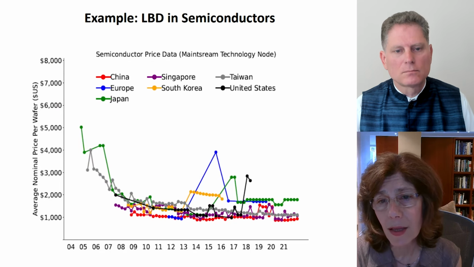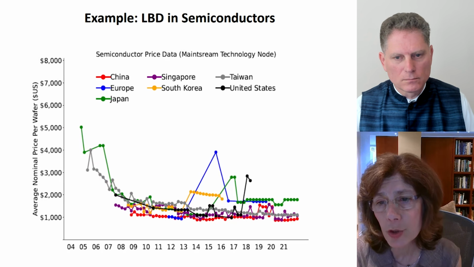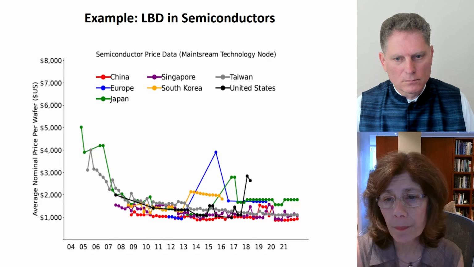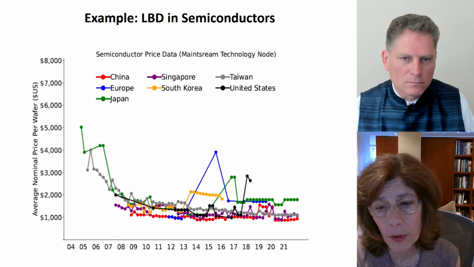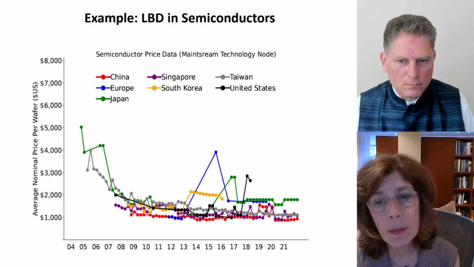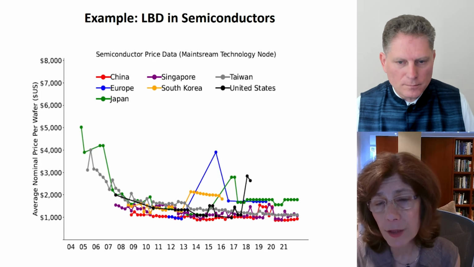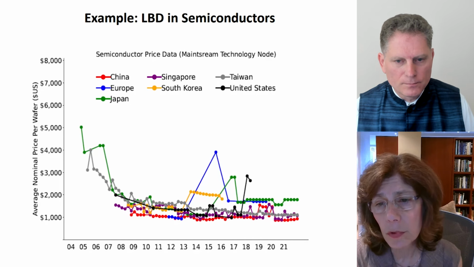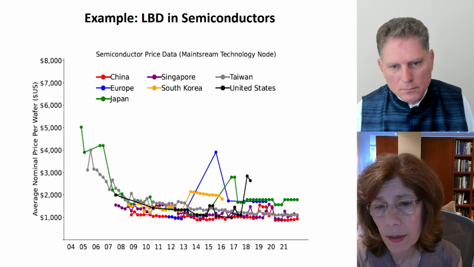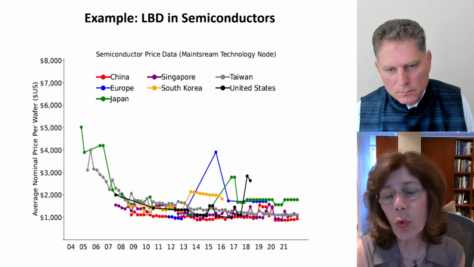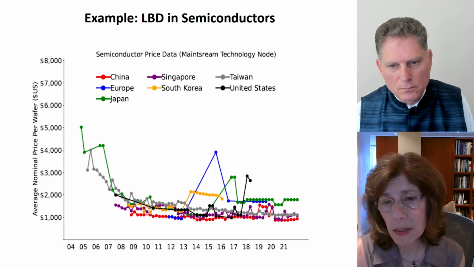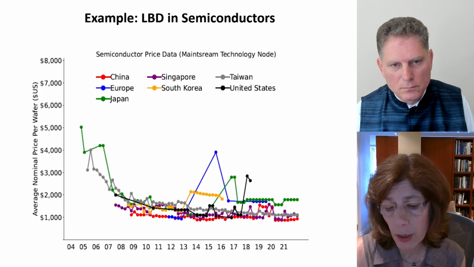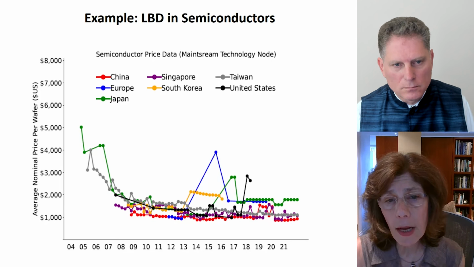This is a similar graph for what is called the mainstream technology, chips with widths between 45 and 90 nanometers. Again, you see exactly the same patterns, with multiple countries entering late, 2 to 3 years after Taiwan and Japan in this case, but they always enter at a much lower price. And then the price trajectory is less steep compared to Taiwan and Japan. So in other words,